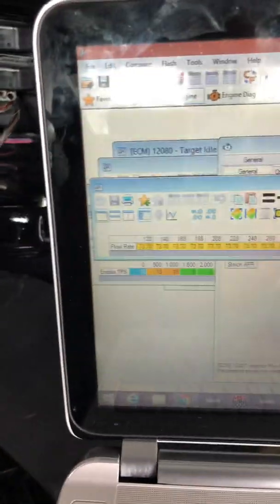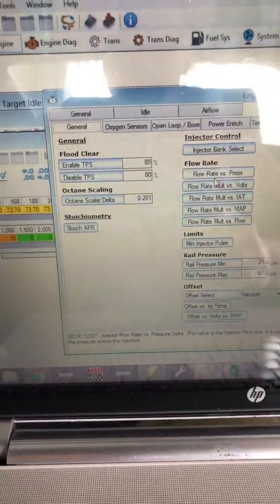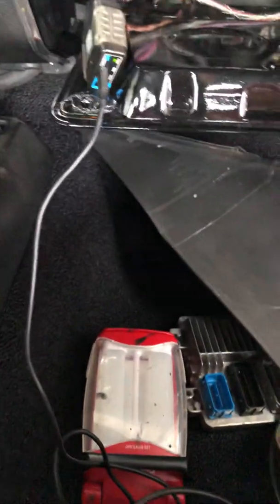So I pulled the tune down out of it. And one of the first things that I do when I pull the tune down is check and see what's going on with this car. Because if you start the car,